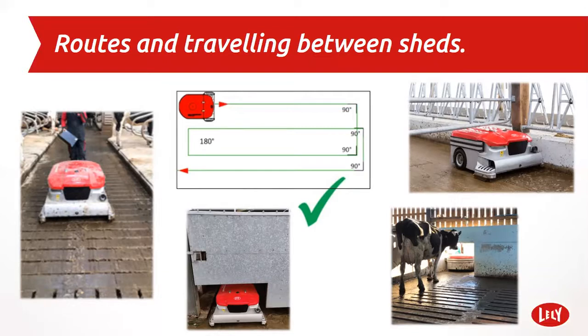So if you're not intensive and your cows are out during the summer, we can make the most of the collector in the summer and do, say, the collecting yard or an area that you need doing with high volumes of muck, and then in the winter it can go back to its winter route, so it's being used most effectively. And also between sheds, collectors can work, and we've got some really great innovations from our farmers in the